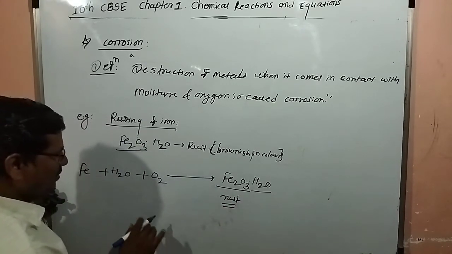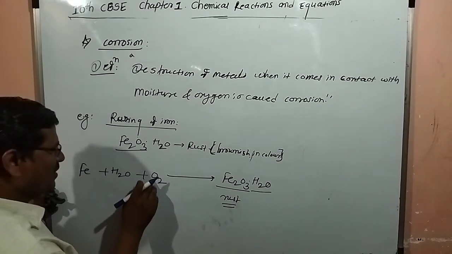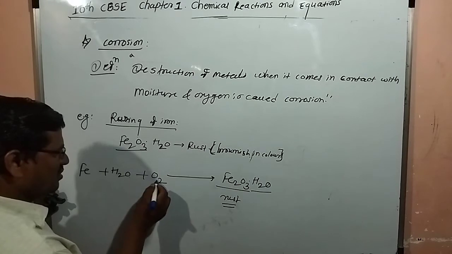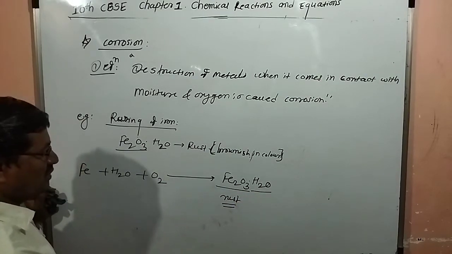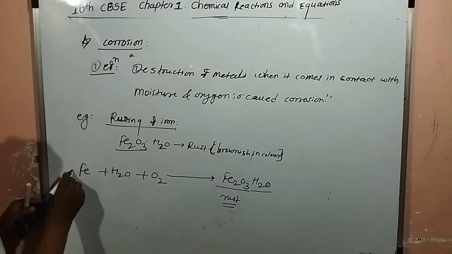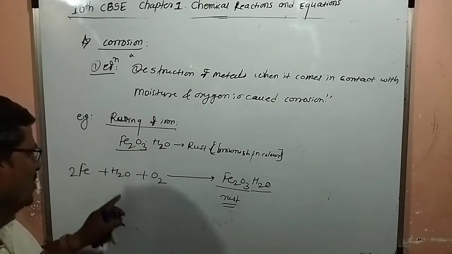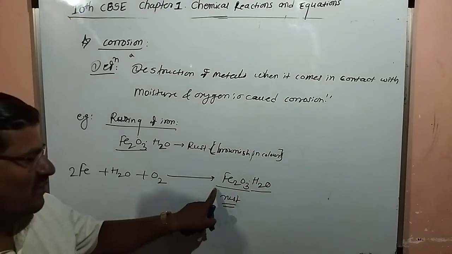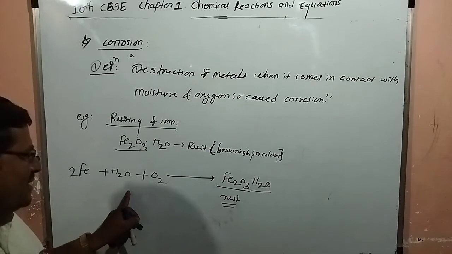So here, how many oxygens are there? Here 3 are there, and here 3 plus 1, 4 is there. So what you can do here, you can multiply here by 2. So it will form Fe2O3, and after this,